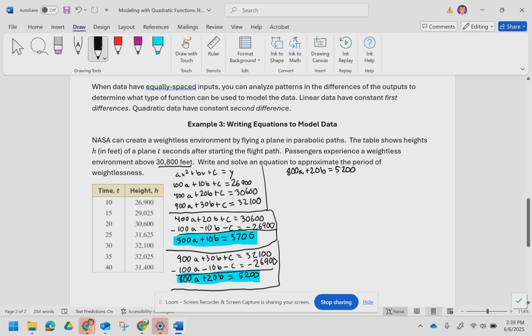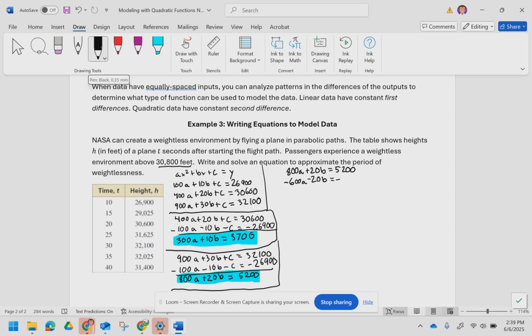And I'm going to subtract 2 times the other equation. So I'm going to multiply all of that equation by negative 2. So that'll be negative 600a minus 20b